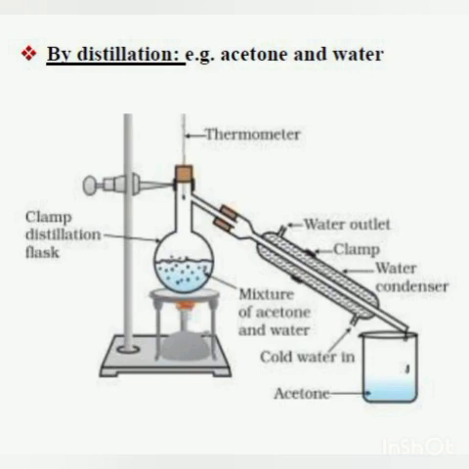So when you heat, what will happen? The temperature in the thermometer will rise. As soon as the boiling point of acetone is reached, what will happen? Acetone will change into vapors, and these vapors will rise up and pass through the side tube, and in the side tube there is a condenser, and these vapors will condense to liquid, and that liquid will be collected in the beaker. So first the whole of the acetone will change into vapor, pass through the side tube, and condense to liquid acetone, which will be collected in the beaker.